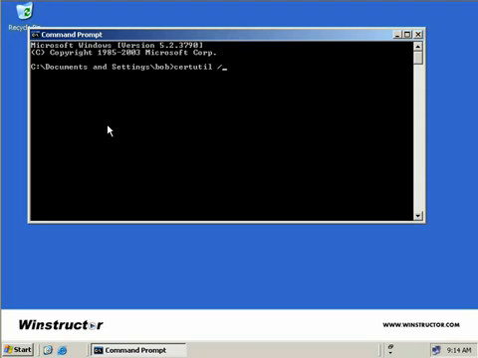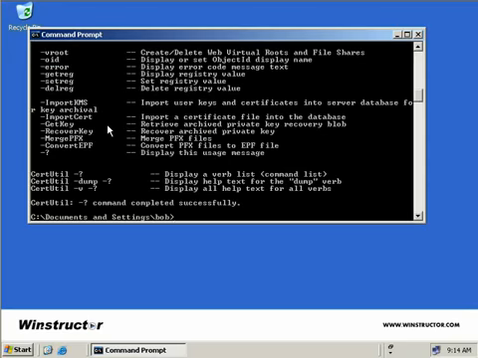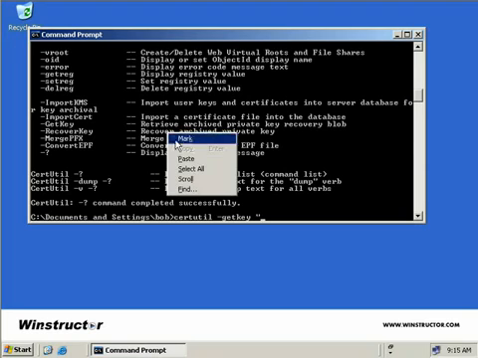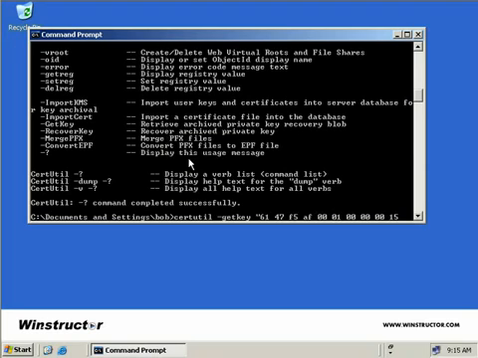So we'll type in certutil. And as with all Microsoft commands, you can use the /? to get a list of switches for this command. And as you can see, there are quite a few. So what we're going to have to type in for this command is certutil, and then we're going to use the getkey switch. Then after this, we need to paste in the key or the serial number that we used from XP user's original certificate. Now this value has to be a 20-digit value,